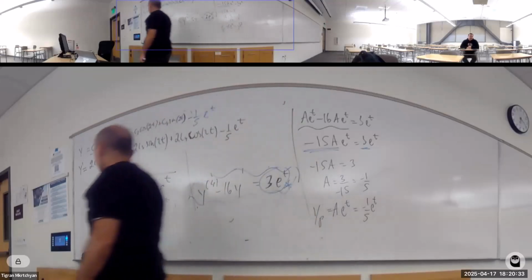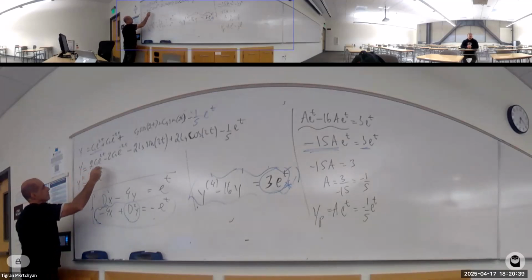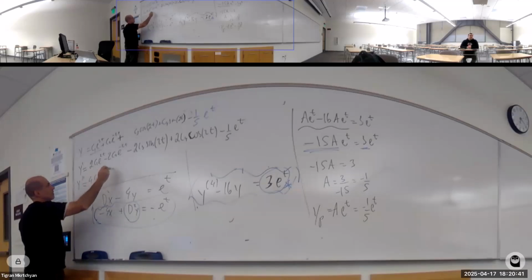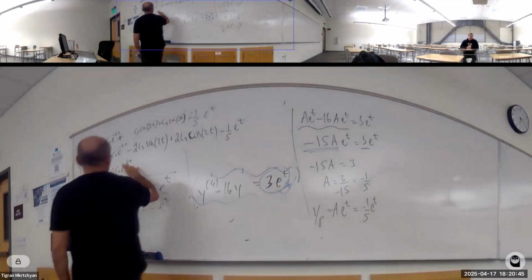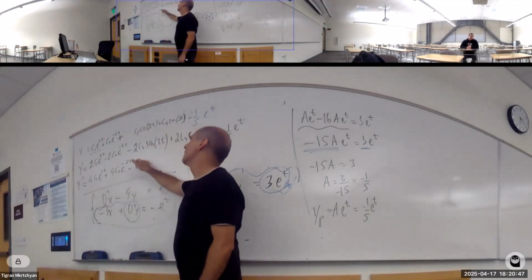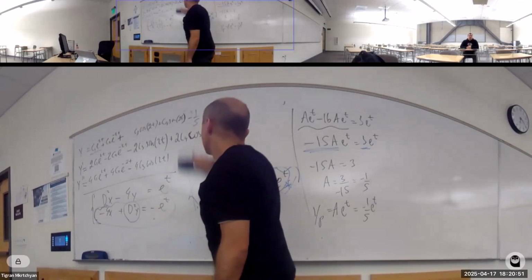Right, and let's do one more time. 4C1 e to the 2t plus 4C2 e to the minus 2t, 4C3 cosine 2t minus 4